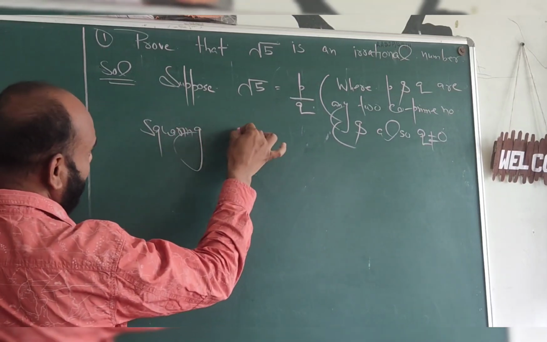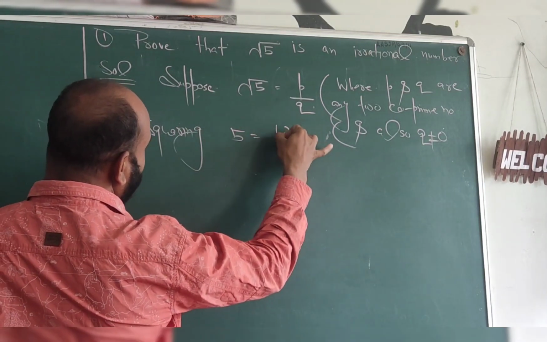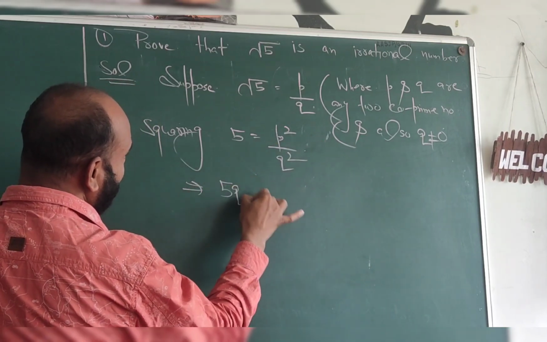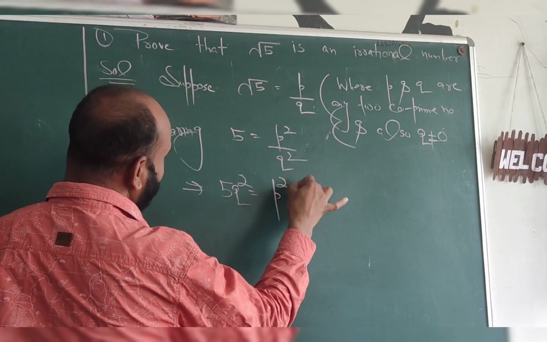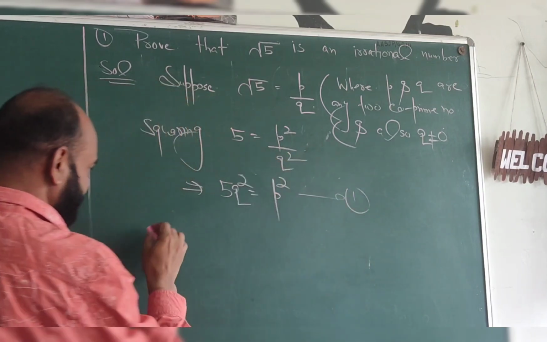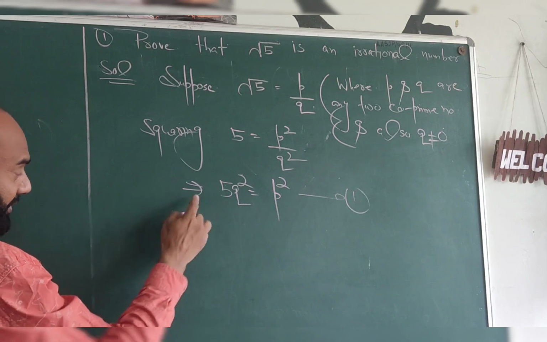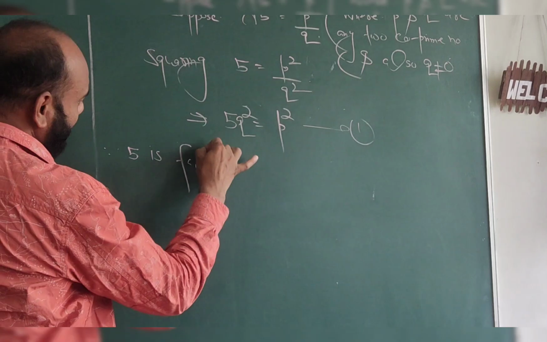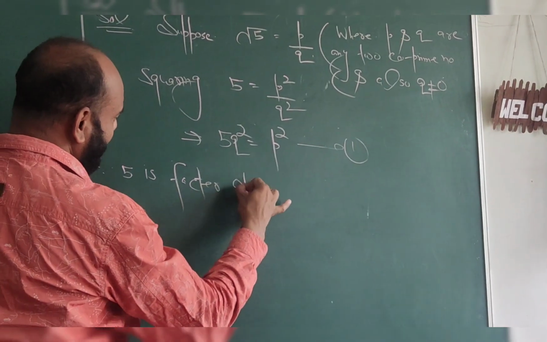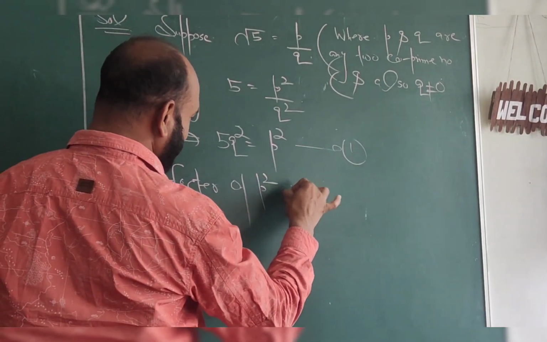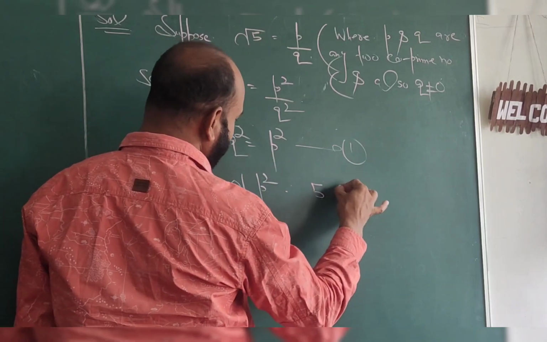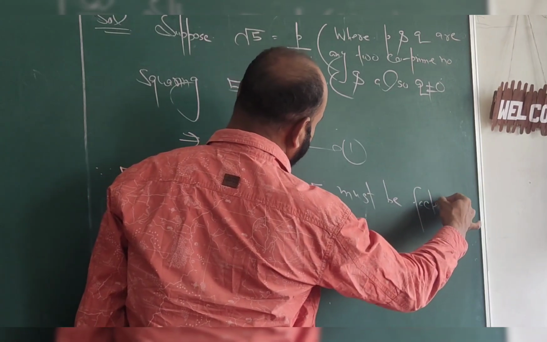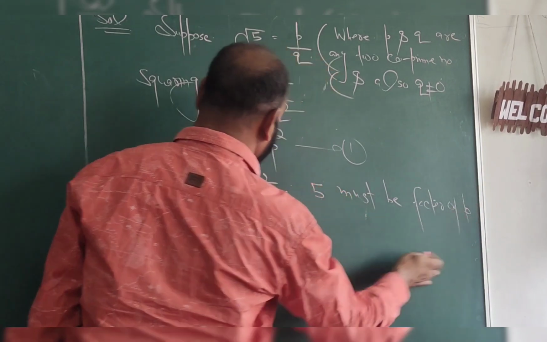So by squaring we get 5 is equal to p square upon q square. By cross multiplying, 5q square is equal to p square. This is equation number 1. And we see here 5 is a factor of p square, therefore 5 must be a factor of p, because